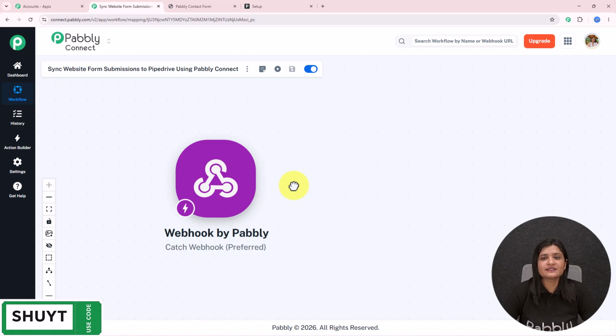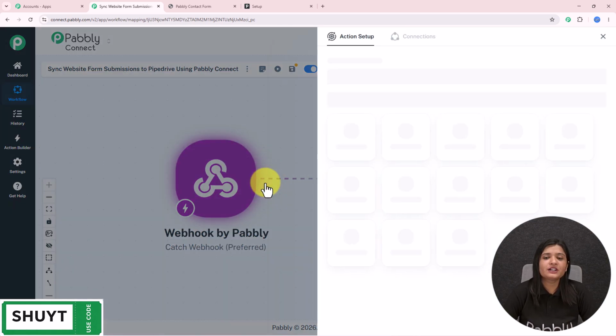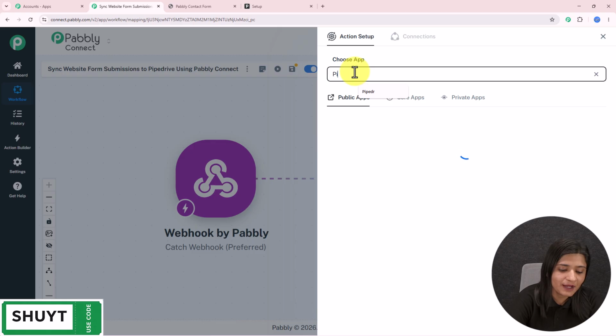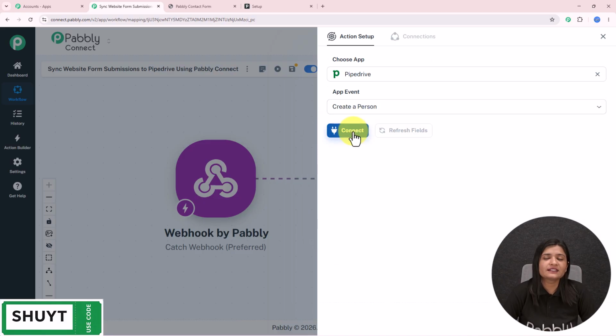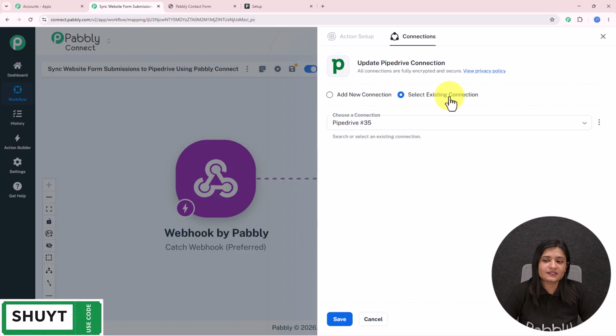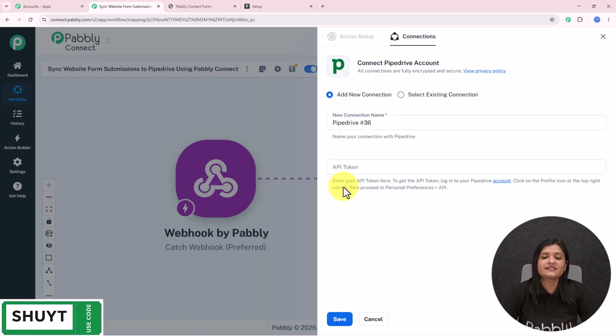Moving on towards the next step, whenever I receive a new lead, I want to add that to my Pipedrive. I'm going to click on this add new action step, and in my action application, I'm going to search for Pipedrive. In the action event, I'm going to select create a person and then click on connect. If you have an existing connection, go with save. If you don't have one, click on this add new connection,